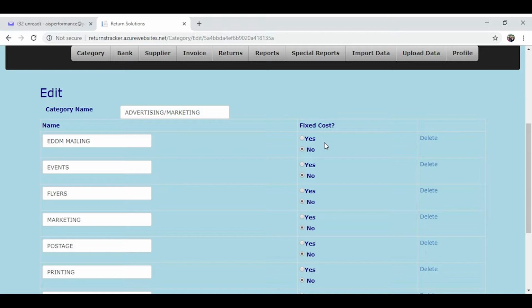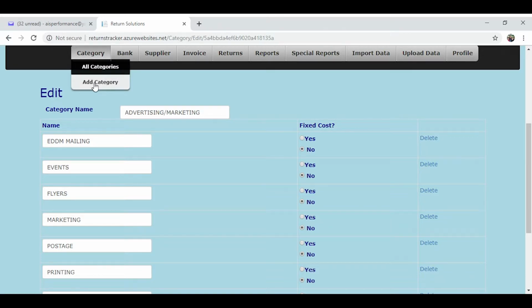A fixed expense would be your electric bill, the rent for the building, utilities, and similar guaranteed costs to run the business. If it's a fixed expense, you check yes, and your owner's break-even report will pick that information up. You can delete a category or a subcategory if you want,